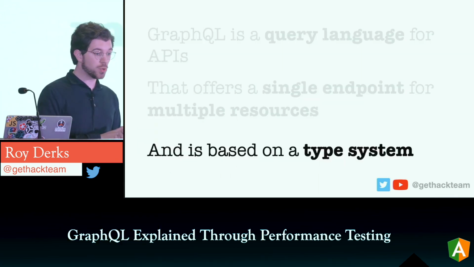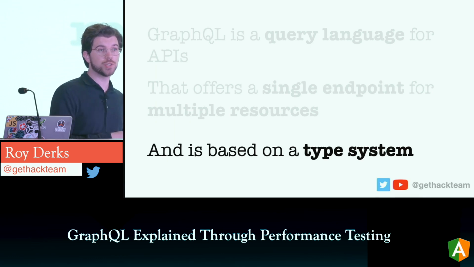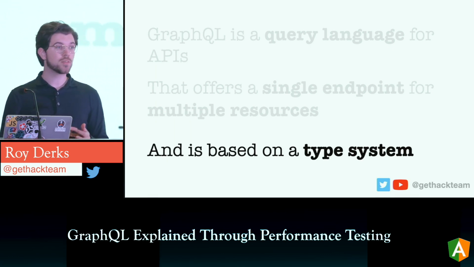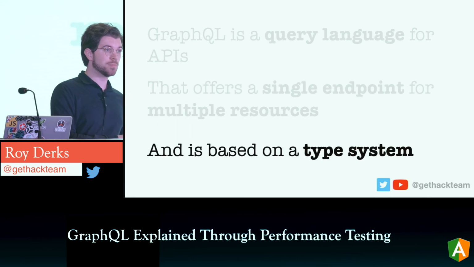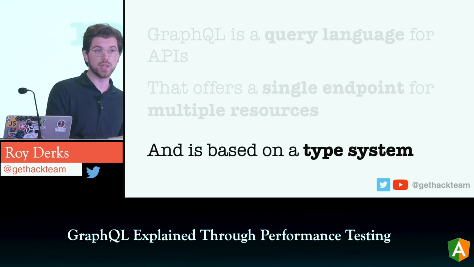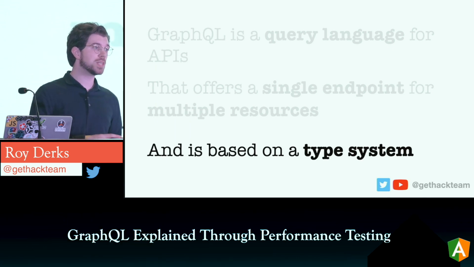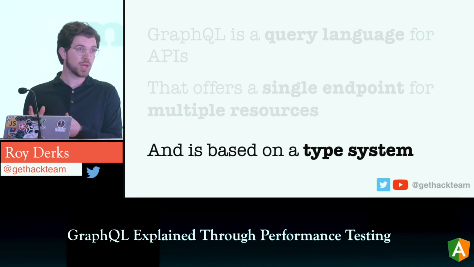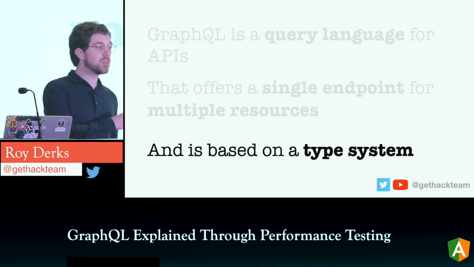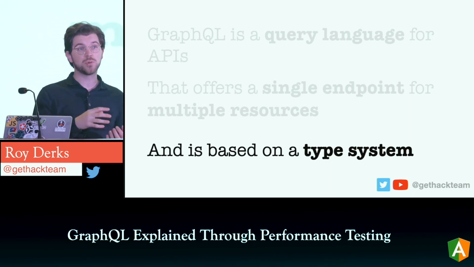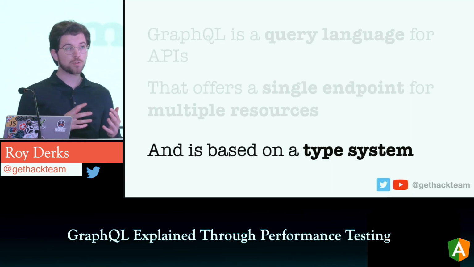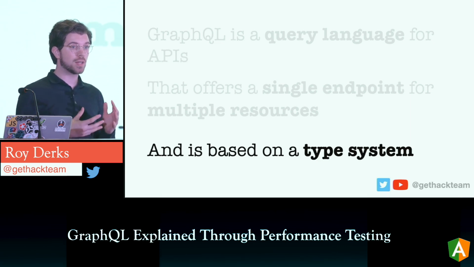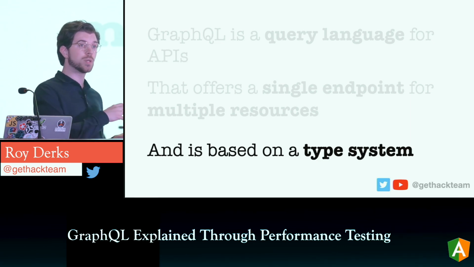And then something I really like, and which you probably also all like as you're using Angular with TypeScript, GraphQL is based on the type system. Whereas REST APIs typically don't really come with a type system, you sometimes see an OpenAPI specification, but more often people forget to make them. Sometimes you have documentation for an API, but people tend to not keep it up to date. With GraphQL you have a built-in type system, meaning that your API documentation is always up to date if you're using the type system.